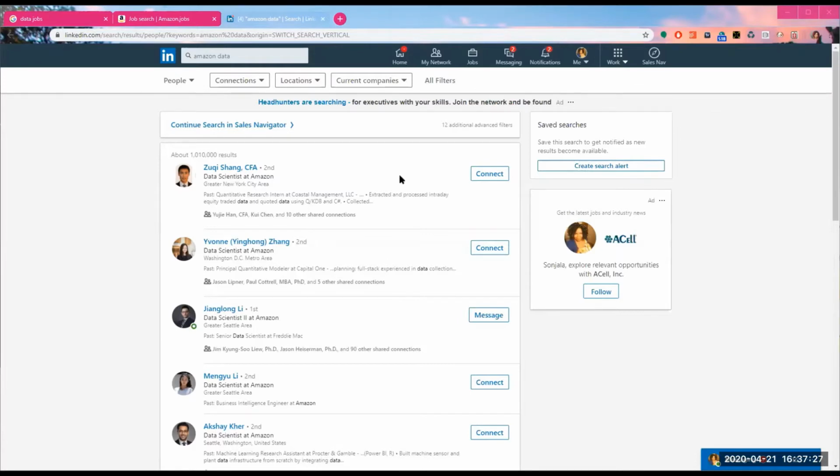From here, you can choose to connect directly, make sure you send a message, or use the group's backdoor feature to